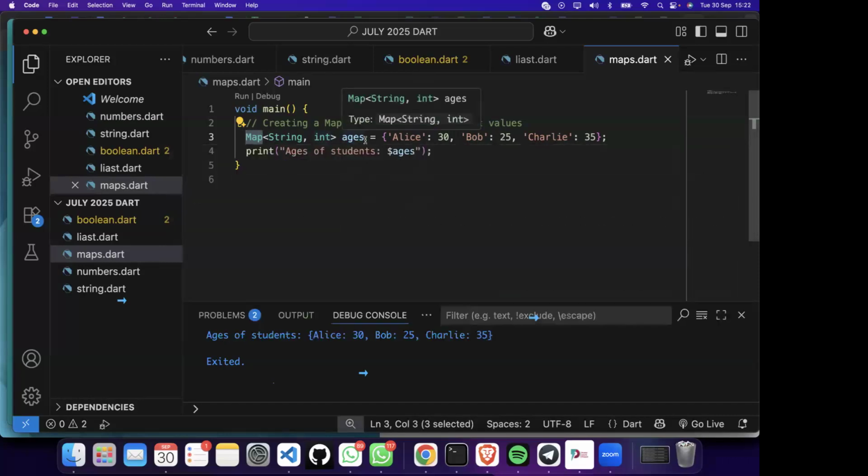In this variable that we've declared, we've assigned values based on the expressions inside these curly brackets. So we have the strings Alice, Bob,